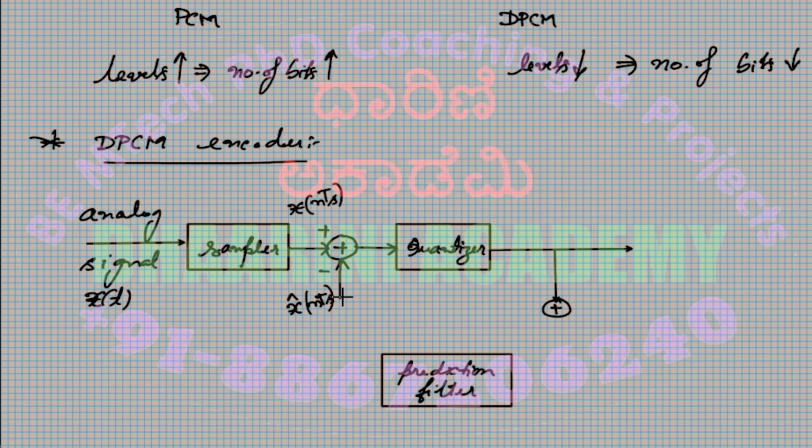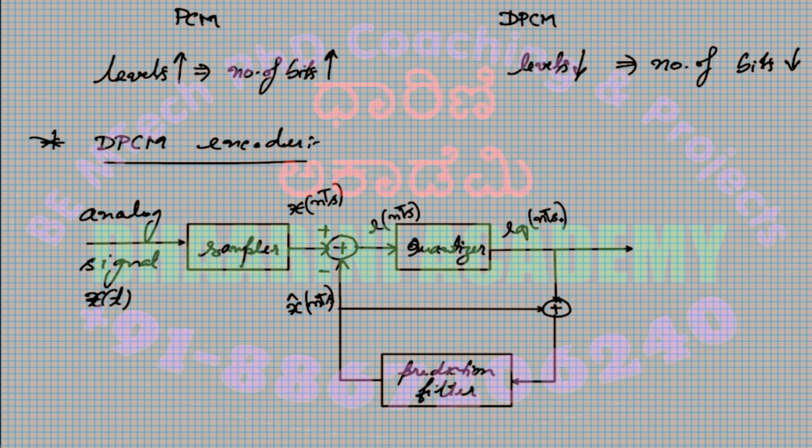From there, it comes to this. At the same time, we have a connection from here to this. It is added here and it will come to this. So the x cap of nTs is a prediction value. Prediction value plus, I'll write an error here, this is e of nTs. This is the error between the present value and the past value. That I will quantize to get the